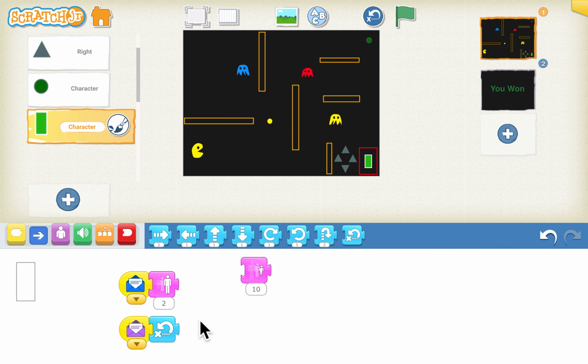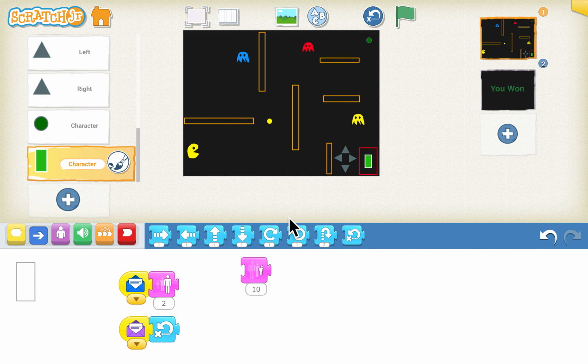So we are done with the programming. Now let's look into the project. We will click on the green flag to begin the project. Now we will use the arrow keys to move the Pac-Man. We have to eat the fruit or the food until the bar reaches the maximum point.